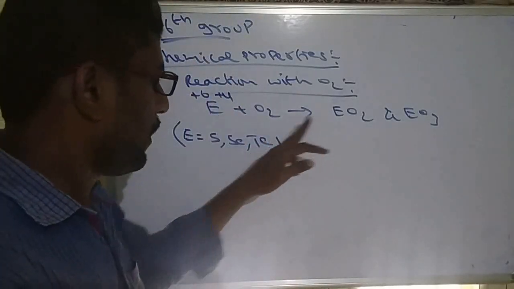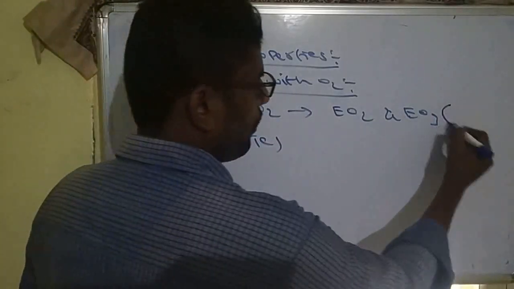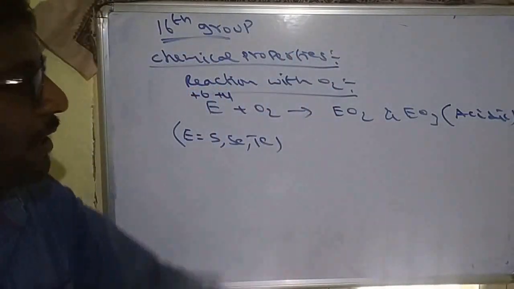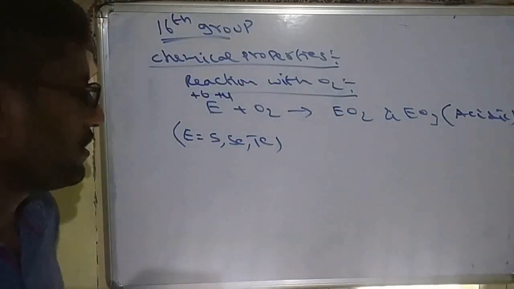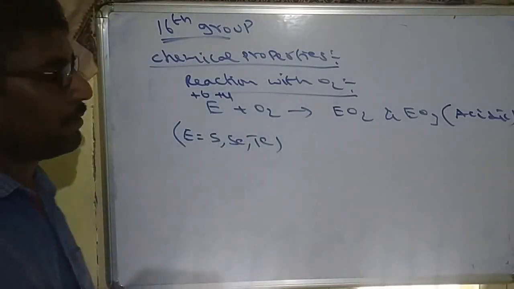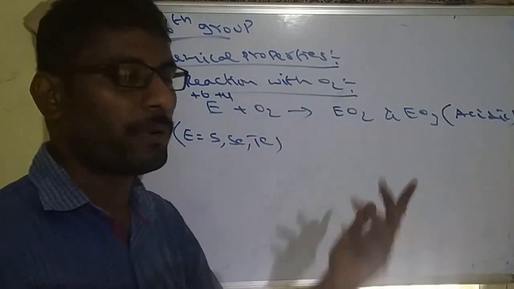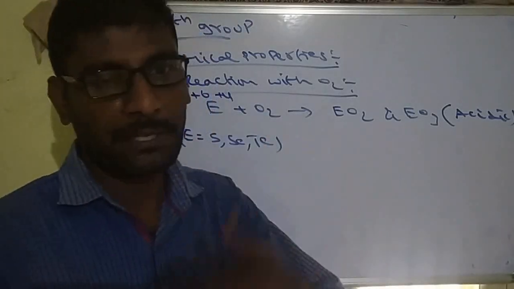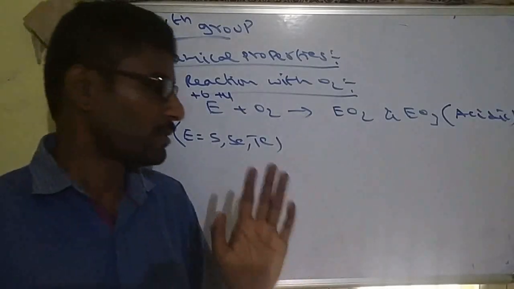If it shows +4, dioxide will form. Showing +6, trioxides will form. All trioxides are acidic in nature. In dioxides, the nature can change. So, oxides. Actually we are studying the 16th group, which contains oxygen. Oxygen combines with any other element, and the product is called an oxide. There are different types of oxides: acidic oxides, basic oxides, neutral oxides, amphoteric oxides. These are most important.